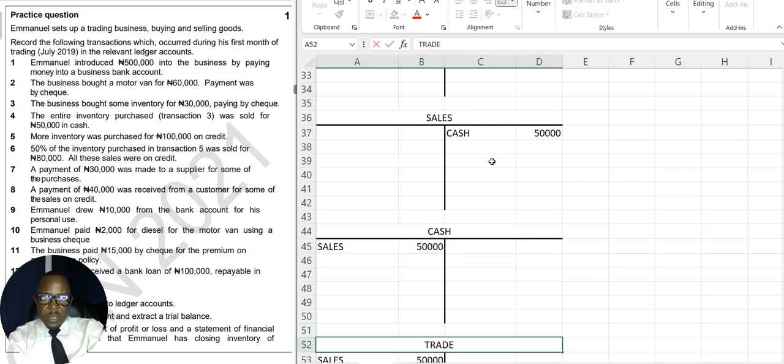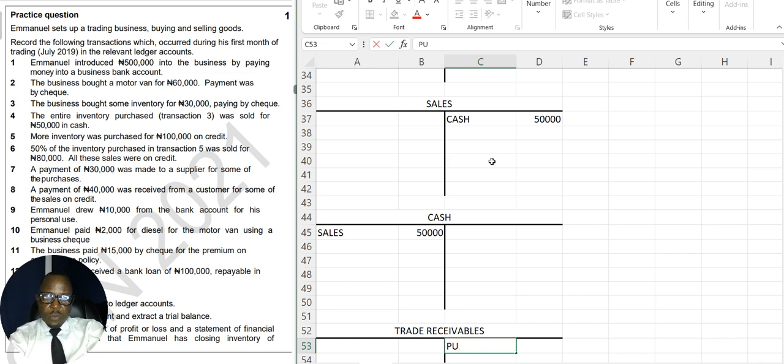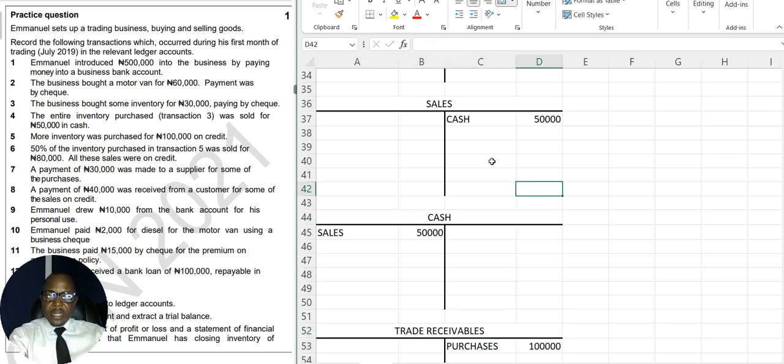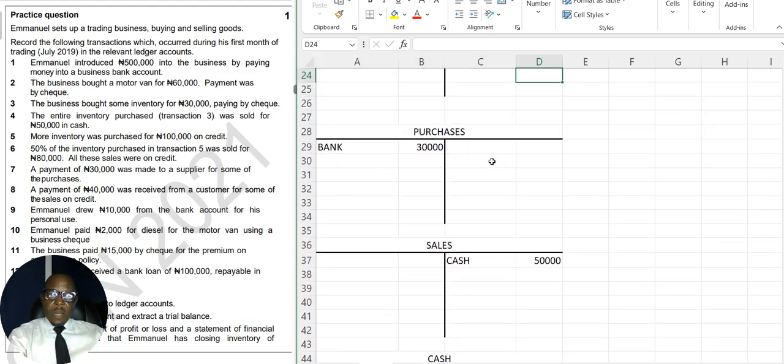Change this to trade receivables. Trade receivables is giving it out to purchases. Purchases. How much? 100,000. All right. So you go to purchases. Since you have created the ledger up, go to purchases and do what? And enter